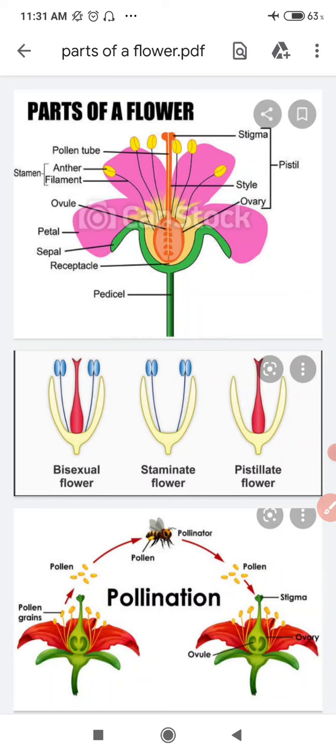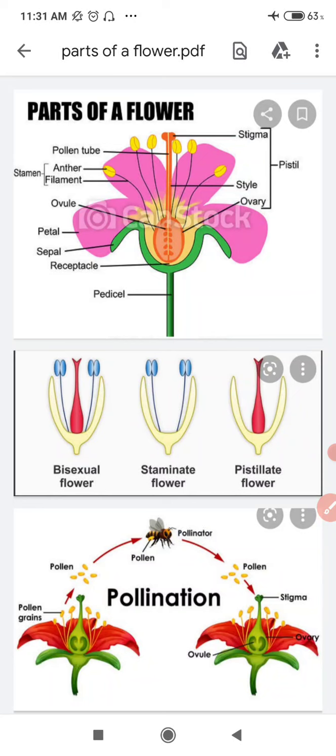So first, what is a flower? The flower is a delicate and highly specialized part of the shoot system. It contains all the reproductive parts. A flower may be found single or in clusters. Some flowers are very attractive and scented and some are tiny and unnoticeable. A flower usually stays only for a short time and then it develops into a fruit. The fruit bears seeds which on planting in the soil produce new plants.